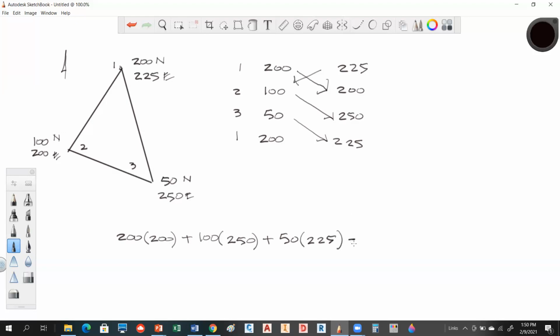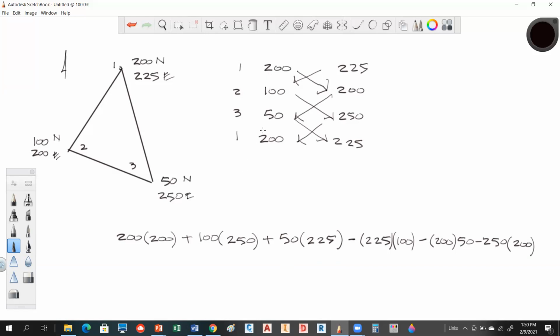but we're going to call this a negative product. So that'll be 225 times 100 minus 200 times 50 minus 250 times 200. And the way I always check myself when I do this setup is if I start at